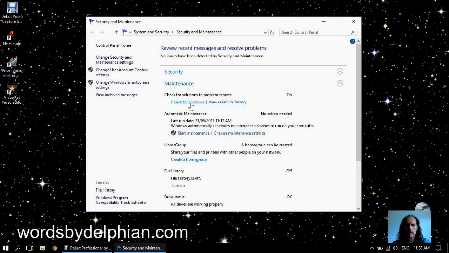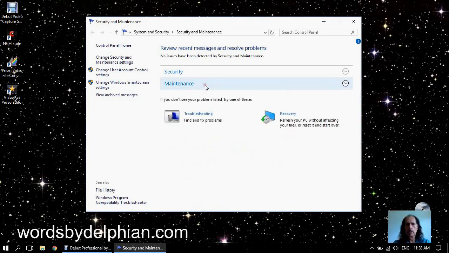Those are the kinds of things it checks automatically, but you can check on your own. You can also change the settings slightly. You can cause your computer to wake up, literally if it's powered on, wake up and do a check at a certain point. Okay, so those are security and maintenance, but before leaving those, I'm just going to close that